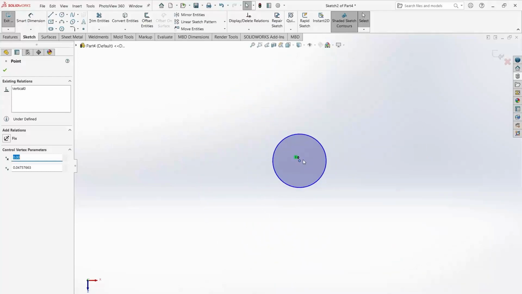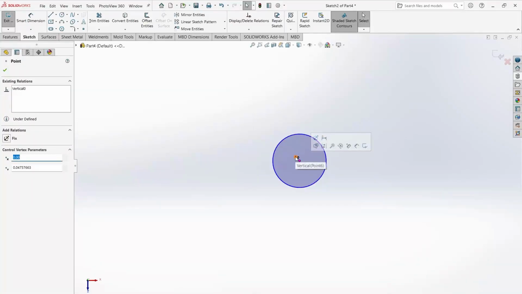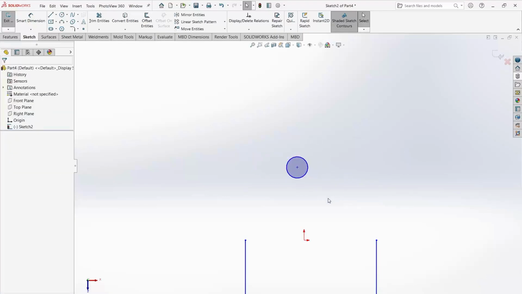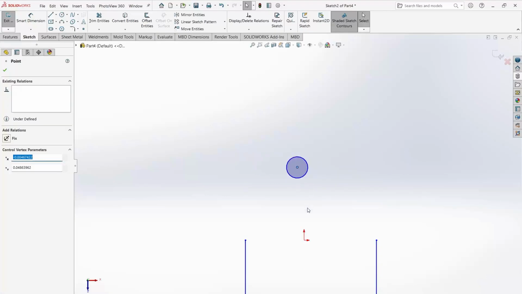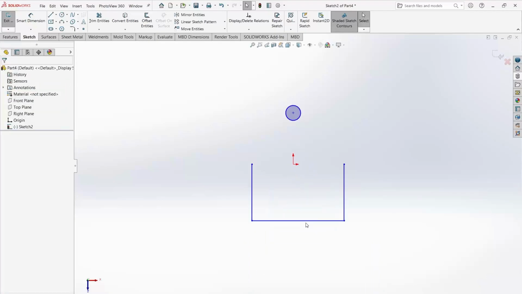Now if you want to delete this constraint, I will left click on the open area, just select the point, and here you know that it is a vertical constraint between this point and this point. So select that constraint and then just press Delete on the keyboard. See, the constraint is deleted again. It can move freely. So again select the point, press Ctrl, select this point, make vertical. Now the problem with